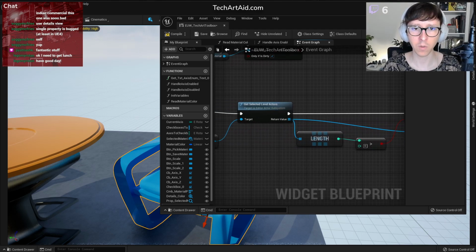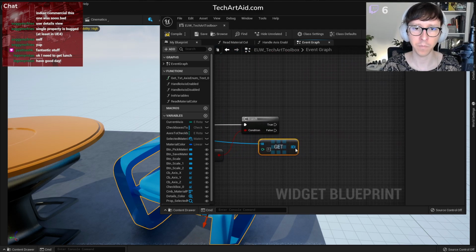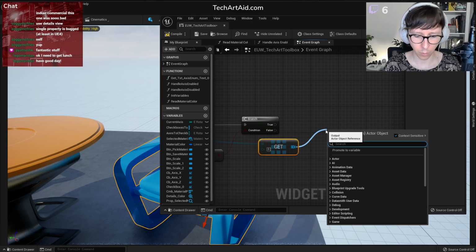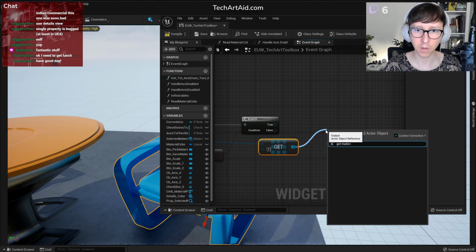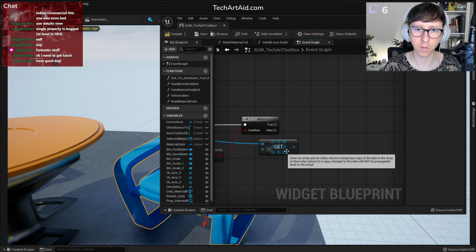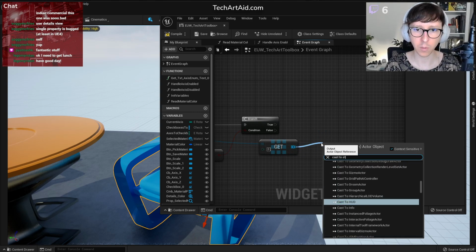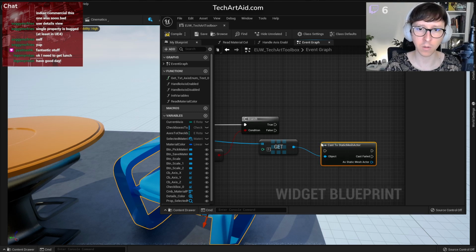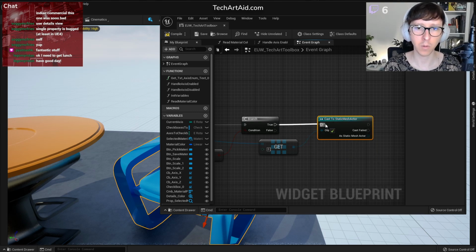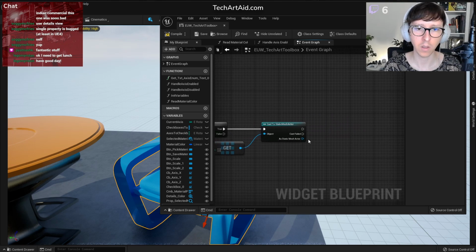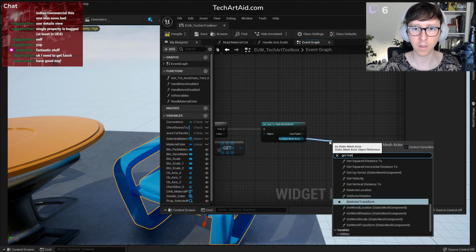We need to get the first one. We need to get its materials. What is it? Isn't it an actor? Cast to static mesh actor, basically. Because, you know, static mesh actor. And only if it went through, get materials